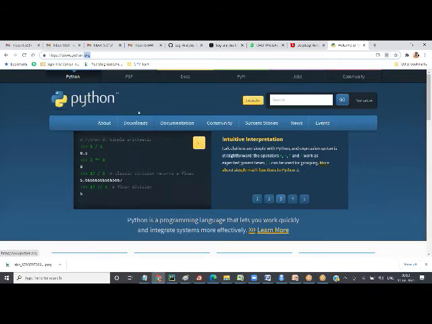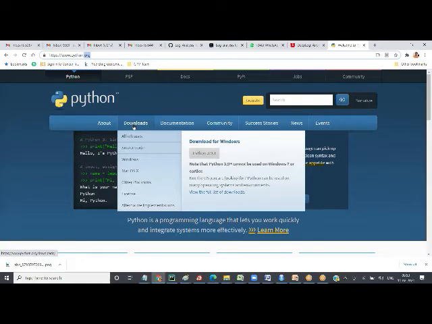So once you have this, go to downloads. See, this is the source code. If you want to see the source code of Python, you can download it, but that is not our interest. Our interest is downloading Python. So you will have Python 2 and Python 3. Python 2 is old, no longer supported, and is a little different from Python 3. If you are using Mac or Linux, a non-Windows system, it comes with a default Python installation, but the default installation is Python 2. So even then you have to install Python 3.